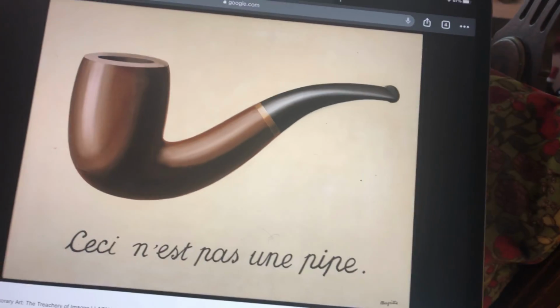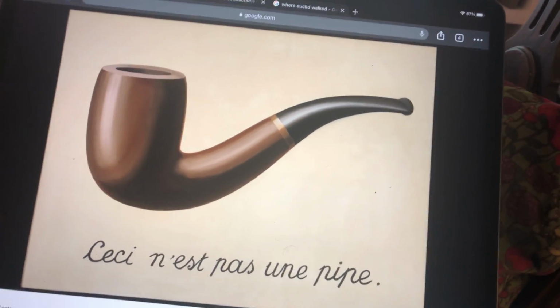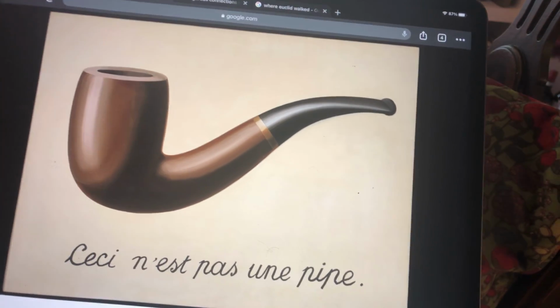This is easy. I will say though that it's simple. Some people will look at this painting and see a very, very simple irony, right? There's a picture of a pipe, and then it says this is not a pipe, and it obviously is, and that's a contrast, and that's the end of it. And so that's the basic first response people have to this painting. But if that was all there was to it, I think it would be pretty stupid. I think it's pretty stupid to have a picture of something and say this is not the thing that it obviously is. But there's something more interesting here.